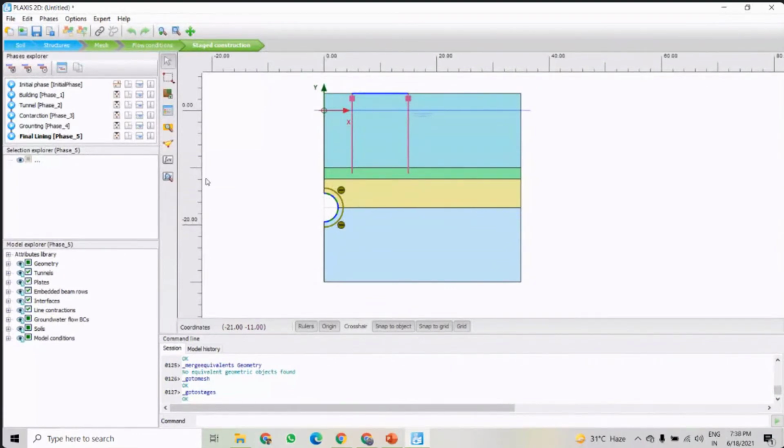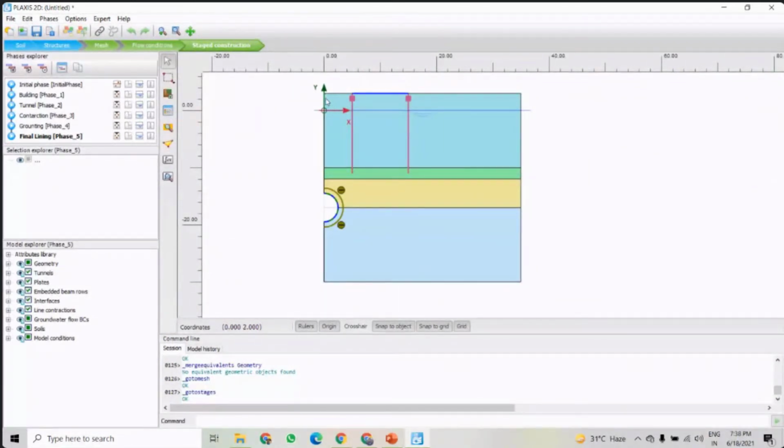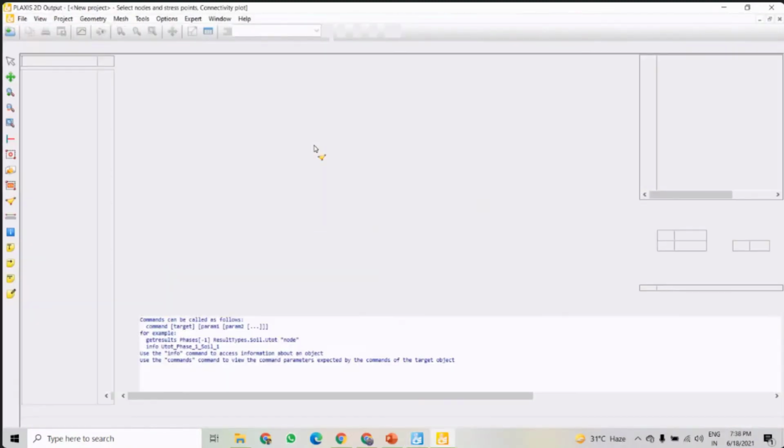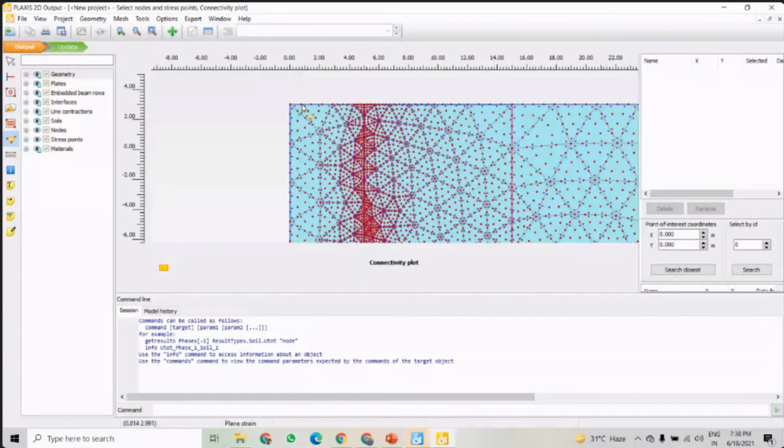Now the next step is selecting the point for deformation. In this area will be the maximum deformation, right near about here, because of the building. So I'm selecting that. So here it will be. Let me select any point from here.